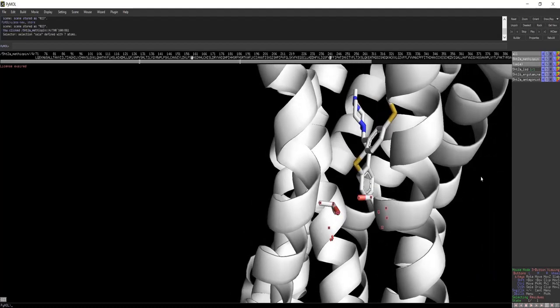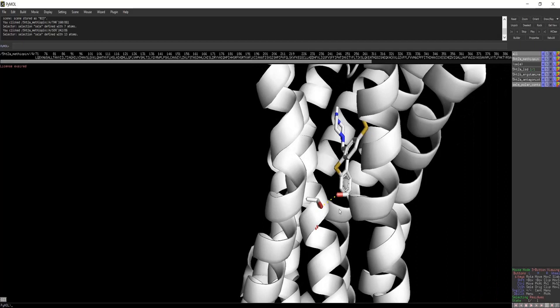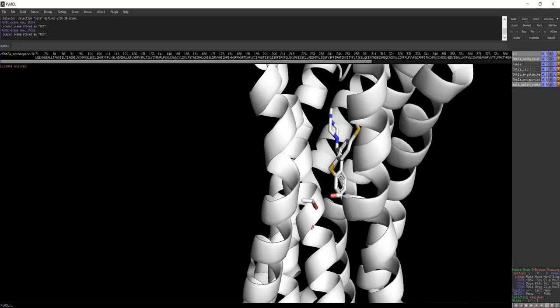However, it should be noted that these two amino acids do in fact form a hydrogen bond here. And this may be part of the reason why the binding pocket here is a little more closed off in 2A than 2C, right? This interaction brings these two helices together. What it could also do is it could prevent this threonine 160 from interacting with the ligand. Now it's been seen in other serotonin receptors, for example here